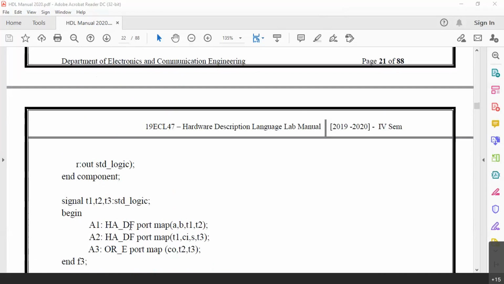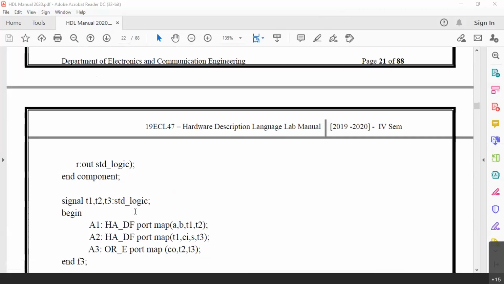This is how for the first half adder we called it A1. You can give any name here. Actually, these A1, A2, A3 are called instance names and this process is called instantiation. You can see that half adder now has two instances, A1 and A2. We have declared half adder only once, but we can use it any number of times in the program.